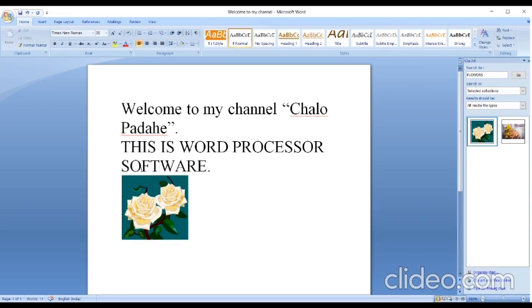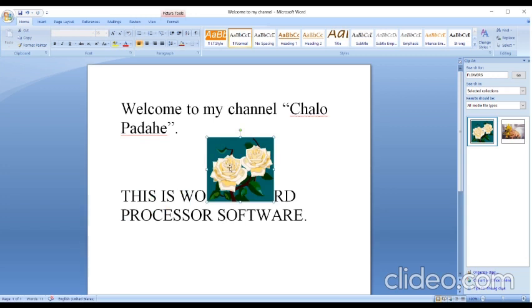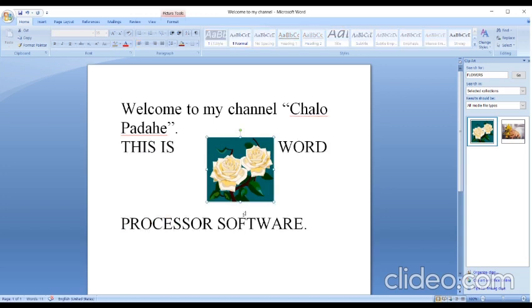I want to move this picture here. Now it is coming in between the words. Right click, and you have a text wrapping feature in which you can make it square. You can see the words are showing and the picture is inside that square.